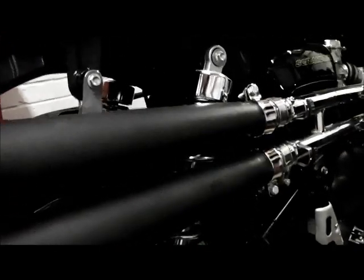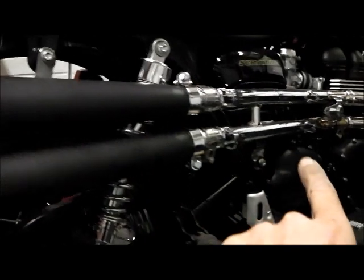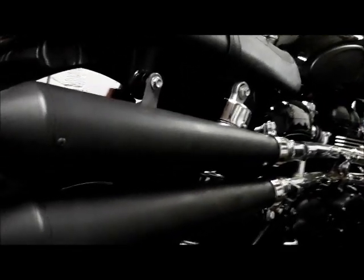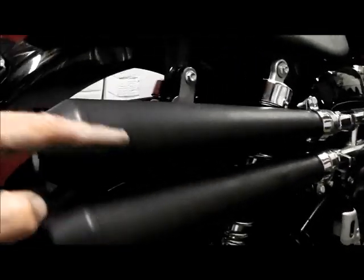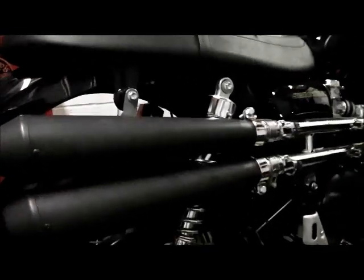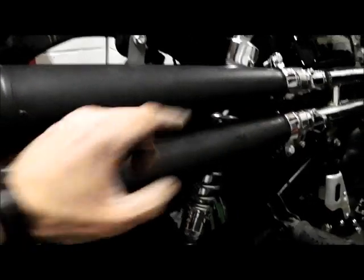The top one follows along and comes up slightly, the bottom one and down. It's kind of an optical illusion that the bottom one is a bit lower, but I've actually measured the angles on them and they're the same. They actually follow the pipes as much as possible. Obviously, because they flare out, that should come down a bit, that should go up a bit, so they follow perfectly straight,